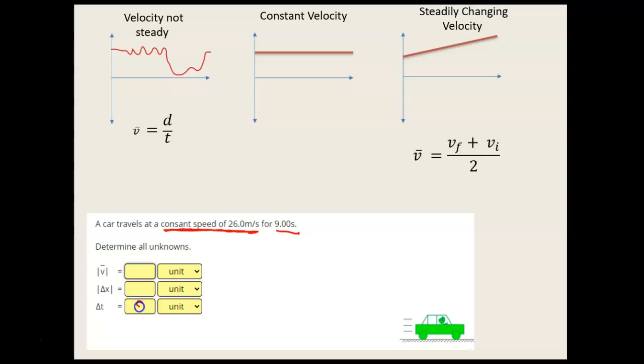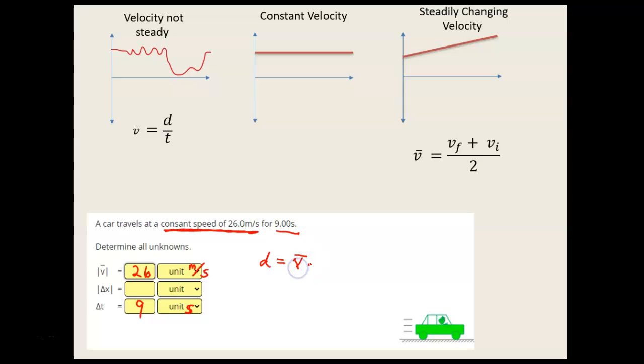So for time, we're going to plug in 9. And what are the units of time? We're going to use the pull down and select seconds. Velocity, they gave us 26. What are the units of velocity? Right there, meters per second. 26 meters per second. That means I travel 26 meter sticks every single second. And so if I travel 26 meters every second and I do it for 9 seconds, how far did I go? Well, all right. The distance equals speed,